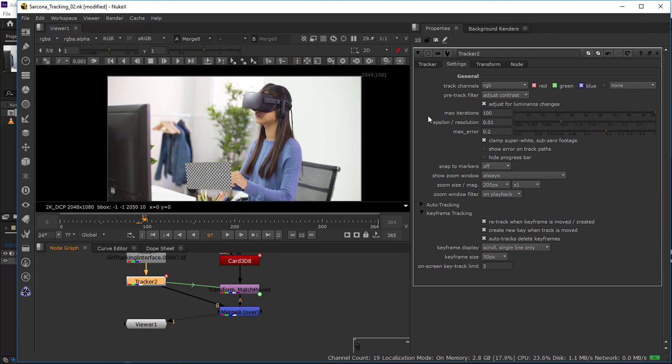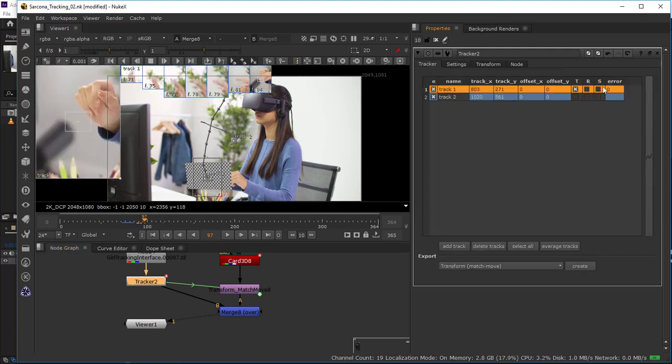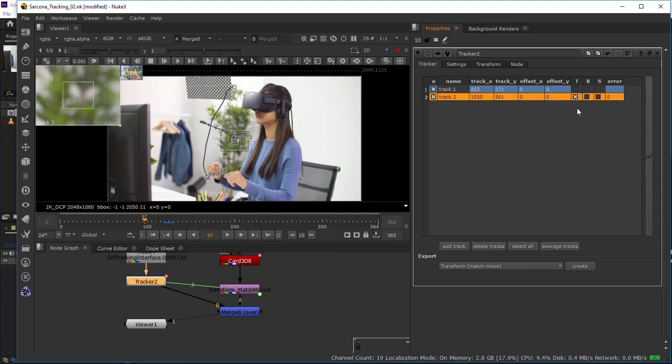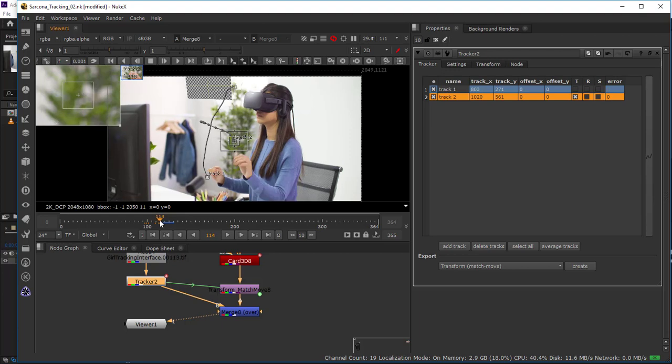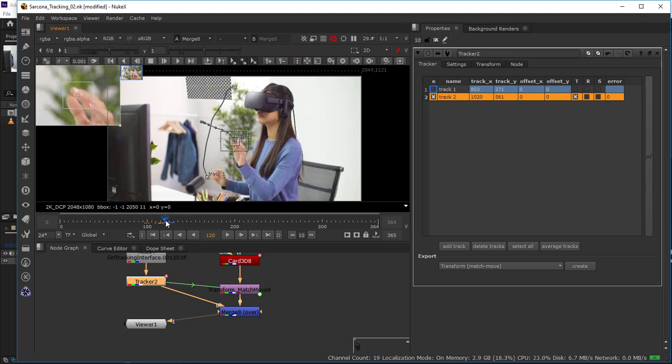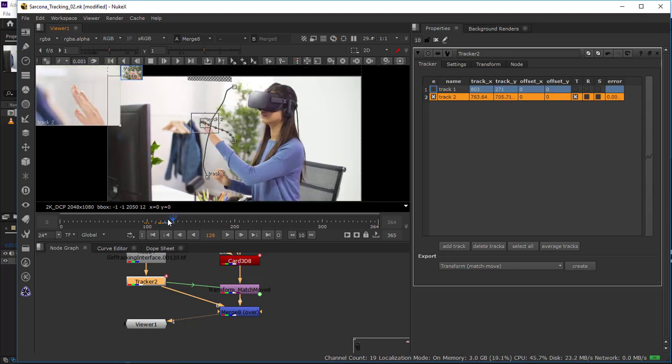I'm going to go back to my tracker, go back to this. Notice on the tracker, for whatever reason, track 1 jumped back on. There's a T at the end of this, okay? Sometimes this T will come off and it'll be on the track that you were just tracking. This is what information is getting sent out of the tracker. So if I click that back on, notice now that that top one doesn't work anymore. Now it's going to be moving with this,